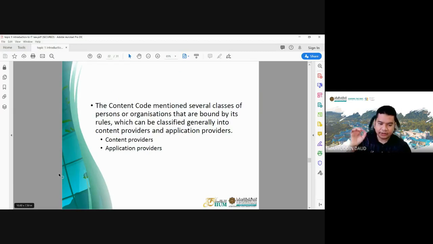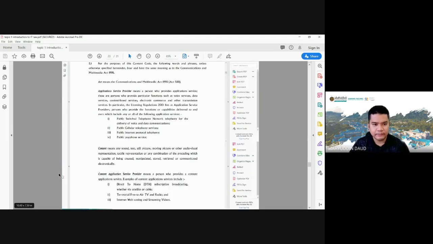Coming to this point, in the content code, it mentions several classes of persons or organizations that are bound by its rules, and you can classify these into two: content providers, or we call them content creators, and the second one is application providers. So under the content code, it spells out who are the people behind the digital veil: content provider and application provider. So okay, I'm referring to the content code now. If you look at